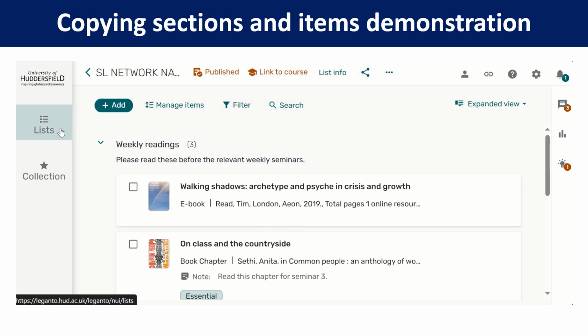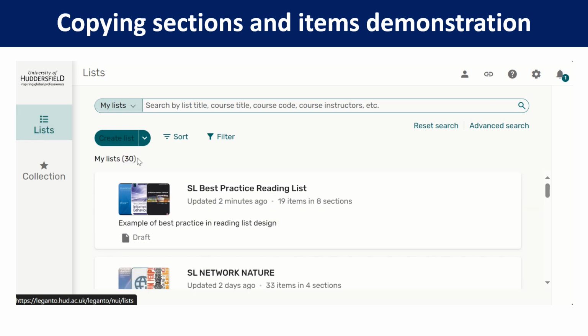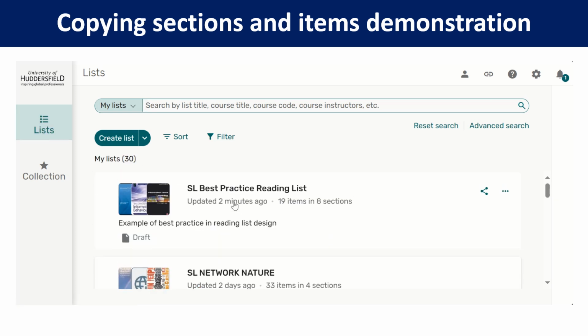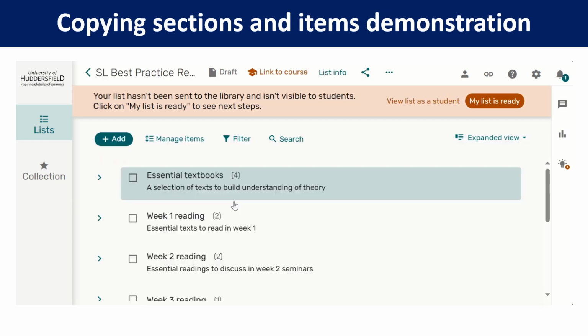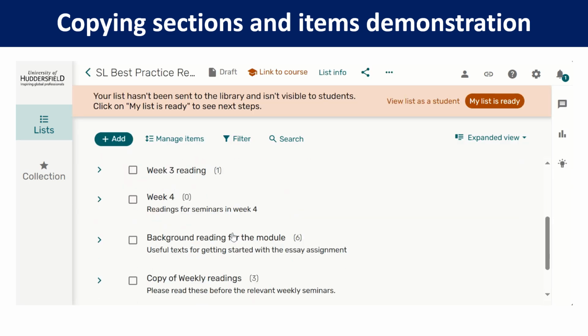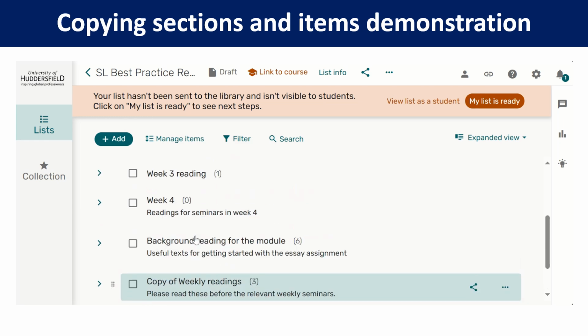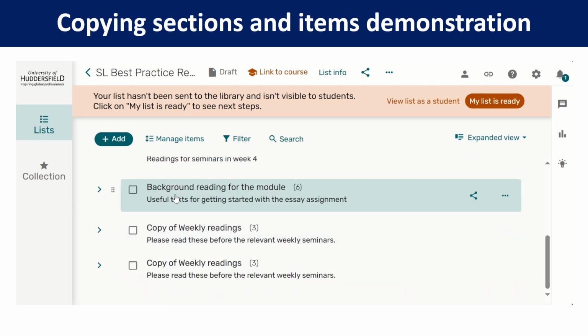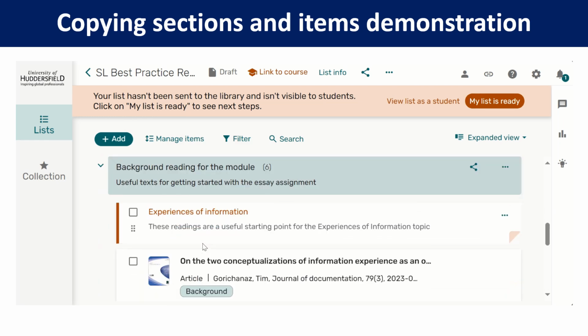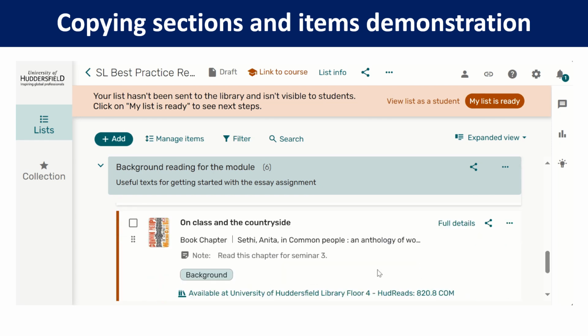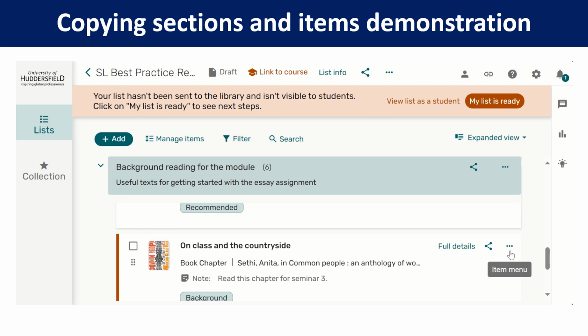Then I could just navigate back to the homepage of Leganto, find the list that I've just copied items into, and we will see here we've got my copies of the weekly readings that I've brought over, and I think I put that item into background reading. So it's down here,